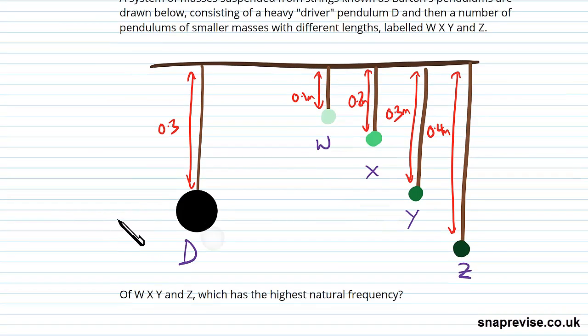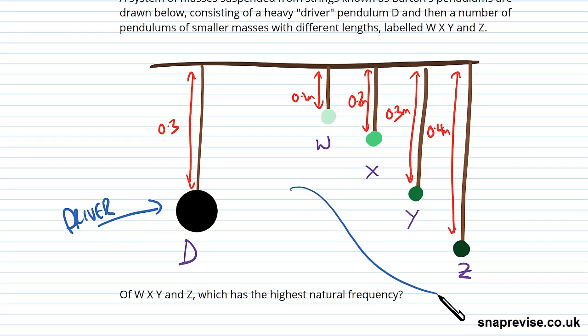So this is our driver pendulum, labelled D. Then these are the other pendulums I was talking about. And we see that they've got different lengths. That's 0.3 meters, this is 0.1, 0.2, 0.3, 0.4. They're all pendulums, so they're all free to swing, and in this way, that's in and out of the page. There's nothing stopping them swinging